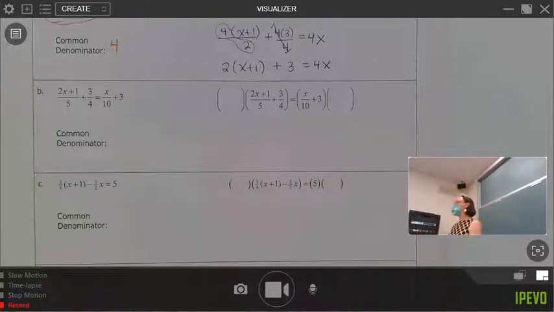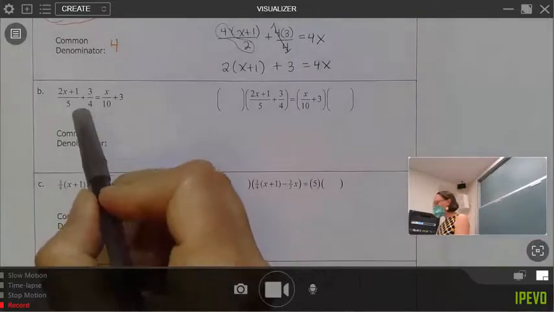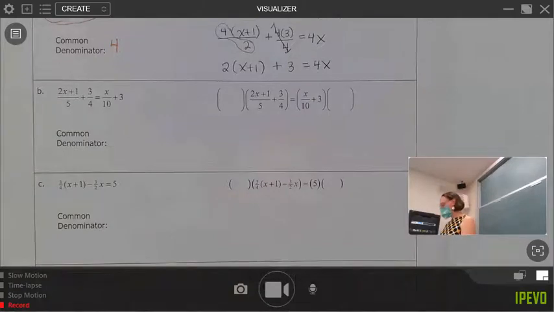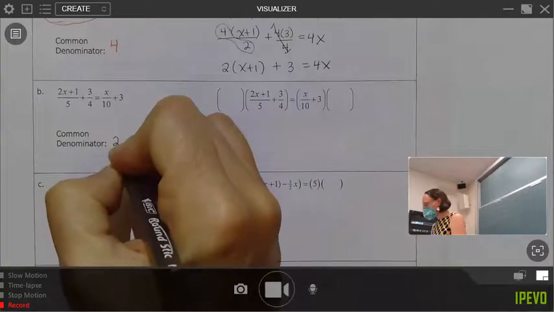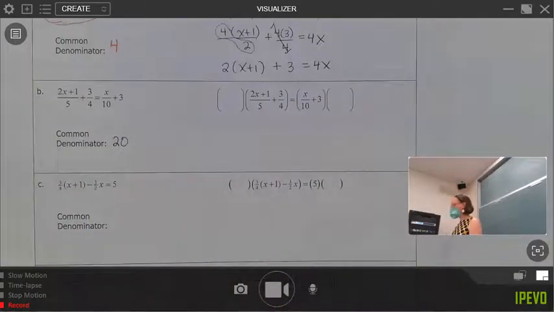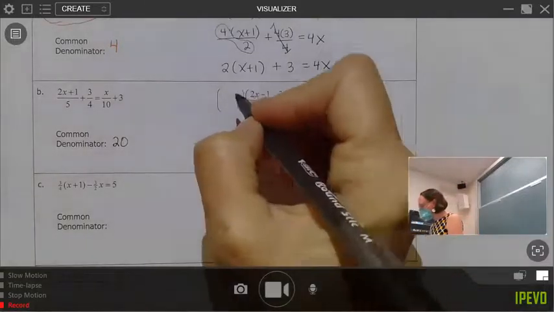What were you going to pick? 20 works for me. If you didn't immediately see the 20 was going to work, other things will work too. 40 would work. But yeah, I think 20 is certainly a good choice. So with that common denominator of 20,